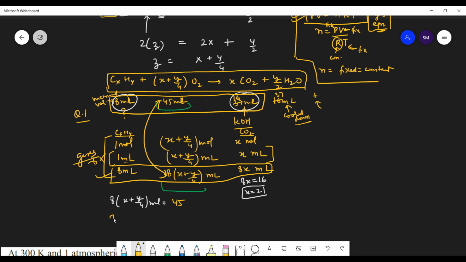तो एक्स की वैल्यू आप पुट करो. आप बताओ कितना आया? 2 प्लस वाई बाय 4 इज इक्वल टू 45. हाँ बताओ. Sir, can you do in decimal also? नहीं, डेसिमल में हो सकता है. इसका मतलब है कि ये क्वेश्चन में ही कुछ गड़बड़ है. Sir, decimal में ही आएगा. हाँ सॉरी. नहीं, डेसिमल में नहीं आ सकता. तो ठीक है, छोड़ो इसको.